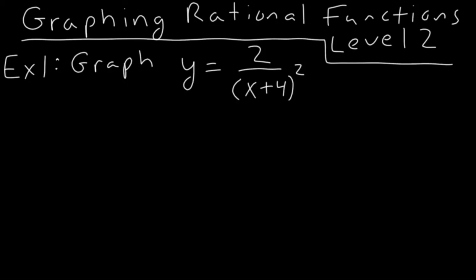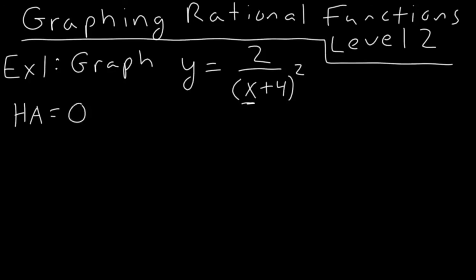Alright, welcome to Graphing Rational Functions Level 2. Now, in our very first example, much like example 1, we first want to ask ourselves, hey, is this function top-heavy, balanced, or bottom-heavy? Notice we have all of our x's on the bottom, so it is definitely bottom-heavy. Okay, so when it's bottom-heavy, remember, that means that we have a horizontal asymptote at